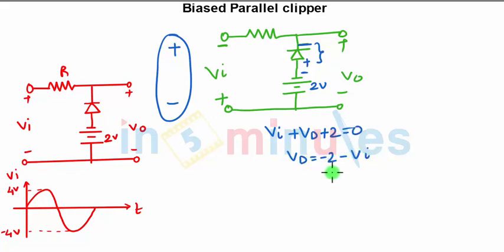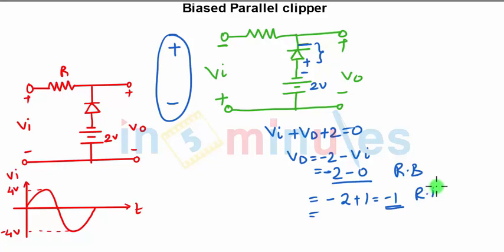So when VI is 0, the voltage across the diode will be minus 2. That is, the diode is reverse biased. When your voltage is increasing, say plus 1, again it is minus 1 total, and the diode is reverse biased. Then minus 2 plus 3, that is 0 in total, again the diode is reverse biased. So after minus 2 it will become plus 3 in the reverse bias case. Once the voltage becomes 1, then the diode will be forward biased.